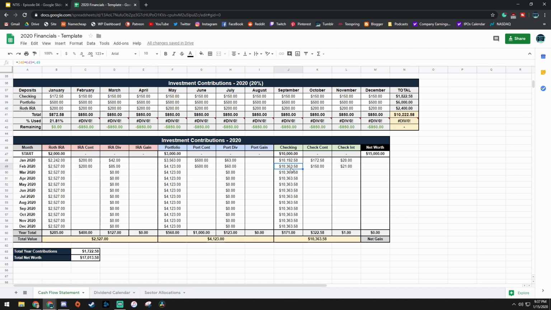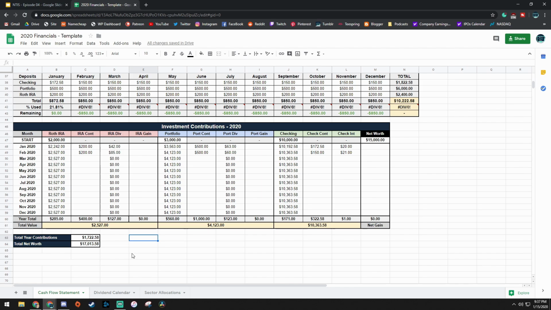So that'll bring us to the grand total of $10,363.58. That's pretty darn incredible. You can see that the total values for each kind of investment vehicle is below. You have $2,527, again, $4,123, and then $10,363.58. Why I wanted to call that out is if you see these last 2 sections here, we have something